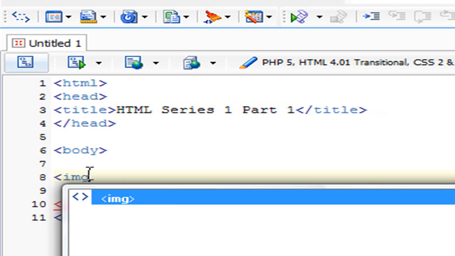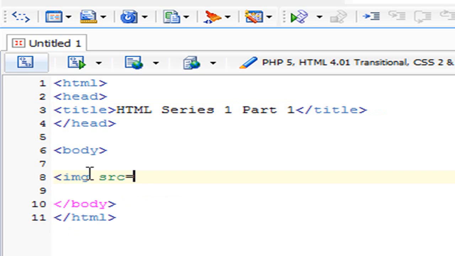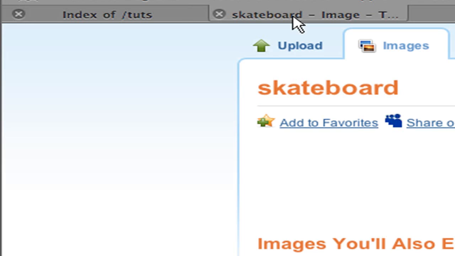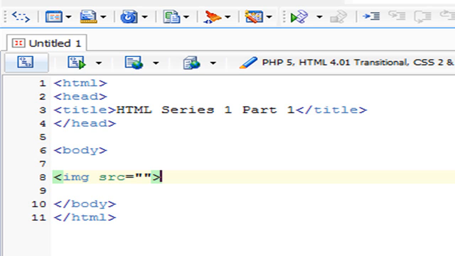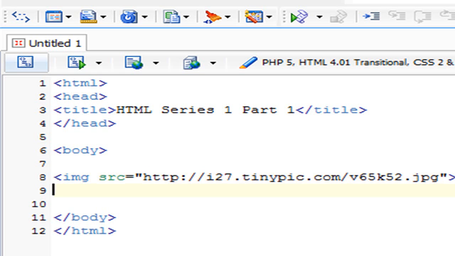You should know what image source is. I have an image already. I'm gonna get the source of it right here. So the skateboard. I'm going to copy that. We're going to add it right there. You should know also